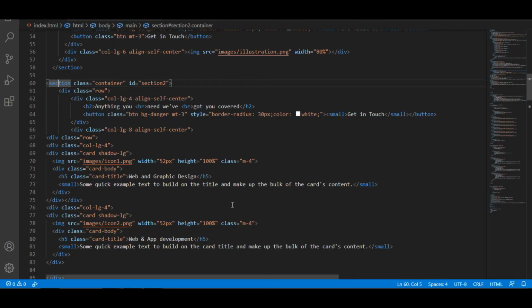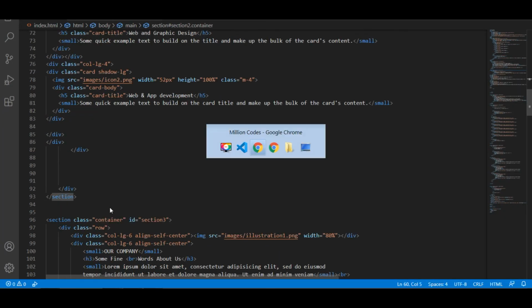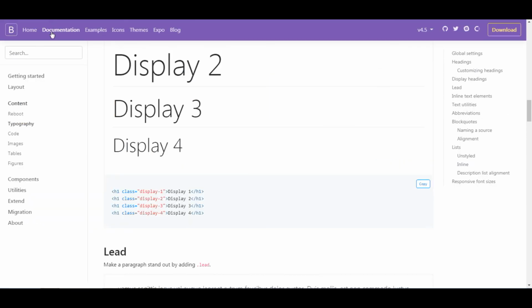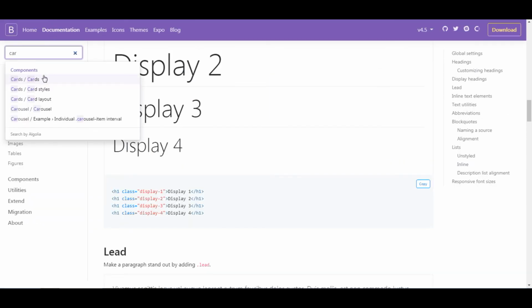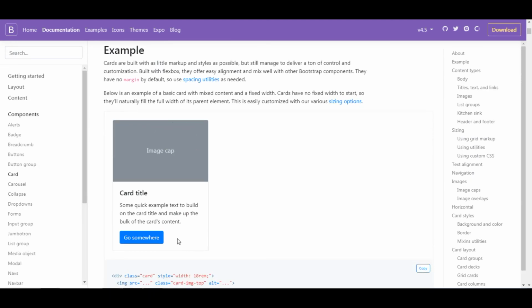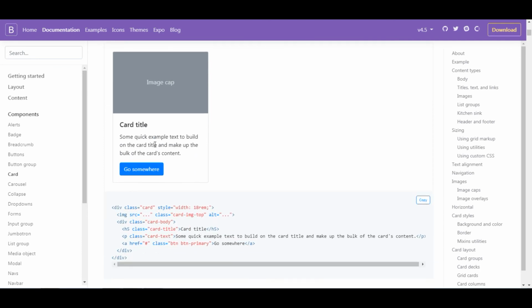Let's see how the card looks on the Bootstrap website. So go to Bootstrap, type cards. Okay, this is the card design followed by Bootstrap. First of all, we have the main class as card. We enclose all the details of the card in the card class.